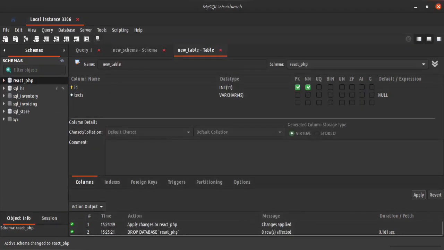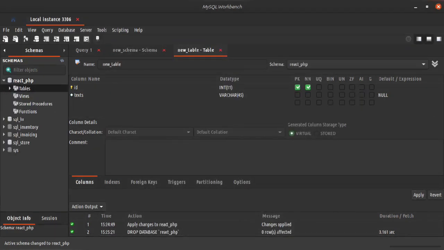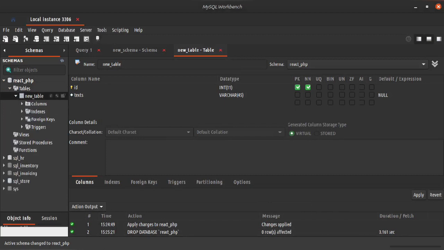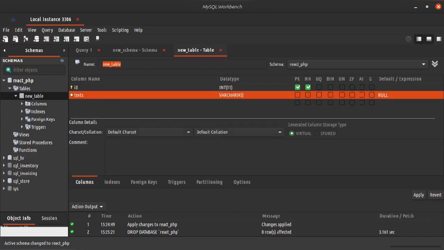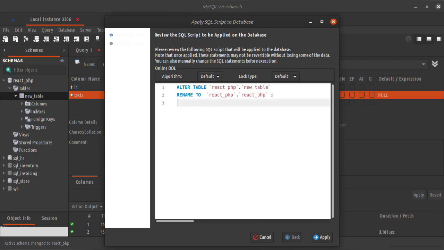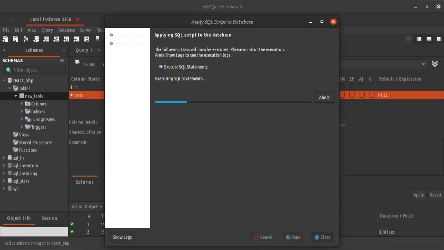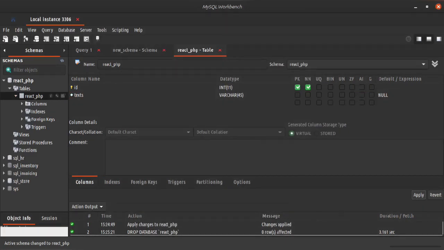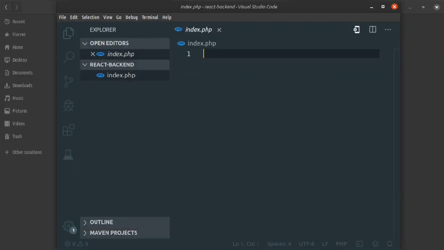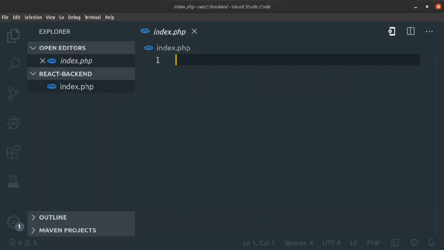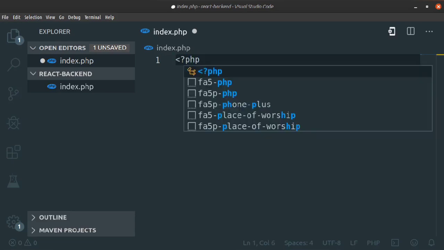So it has created a table. So you can see the table is there, and okay, I need to change the name of the table to react_php. Okay, so now go back to your VS Code or text editor,